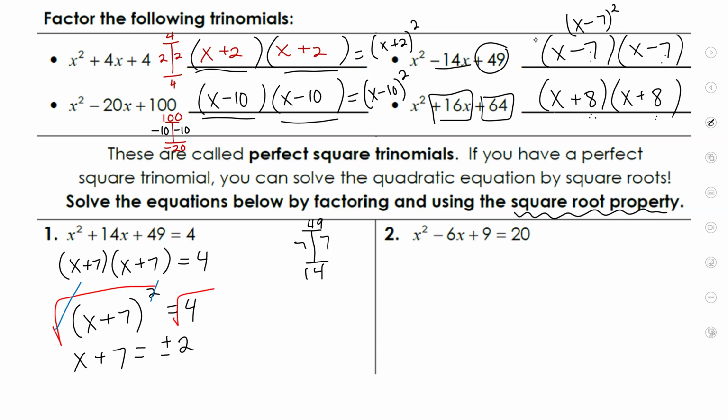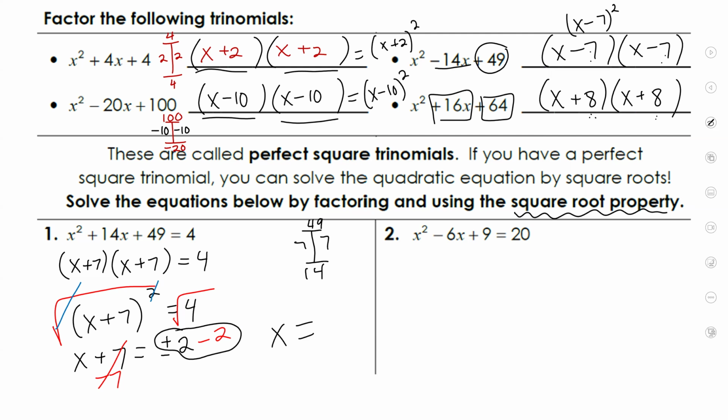Okay, now let's finish solving. What do I do to both sides? You're going to subtract 7. All right, so let's figure out our answer. You're going to have two different answers. You're going to have a positive 2 minus 2, which is,